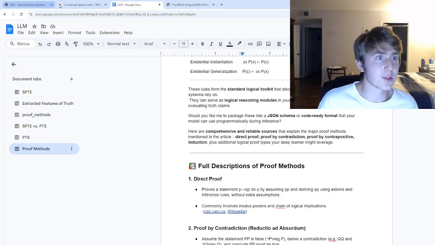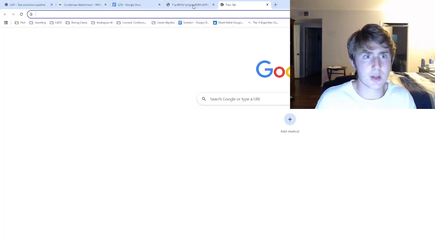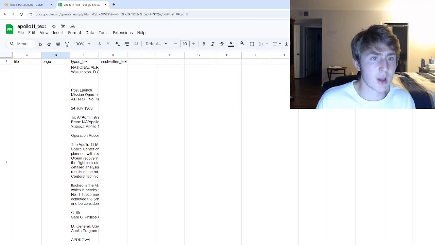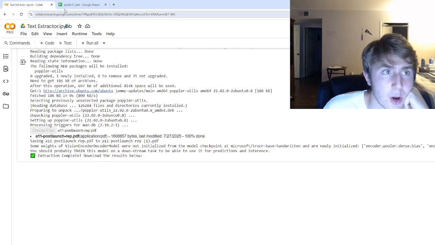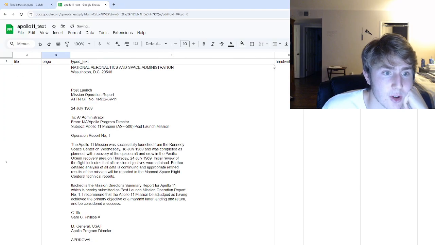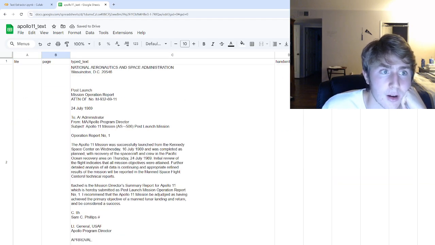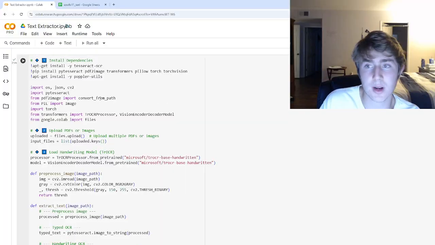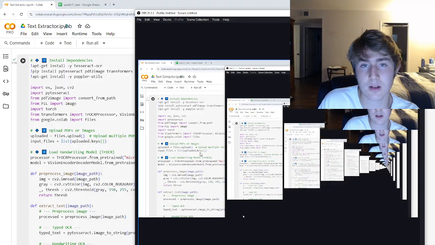And yeah, that's it. So I wanted to show you one last thing, which is the sheets. There it is. So this is, for example, one text extracted sheet of a post-launch report. So, there's a few different columns. This column includes all the text. You have handwritten text on one column as well. This is just a text extractor using a pre-trained model. And once you've extracted the text, then you can